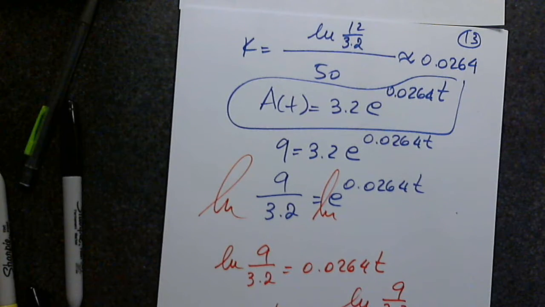Well done. How much? 39. Also 39. So in the year 2039, it appears that if the model is still valid, it appears that